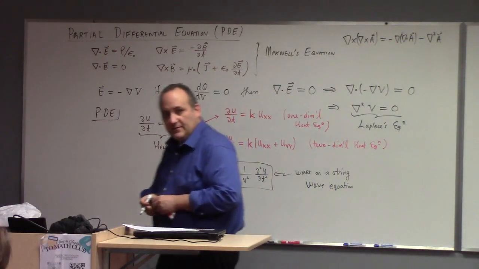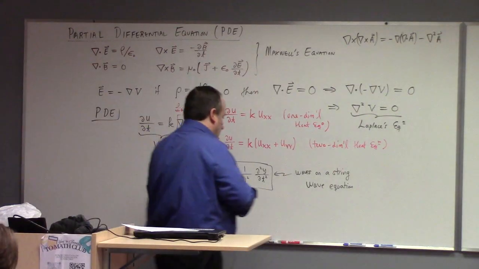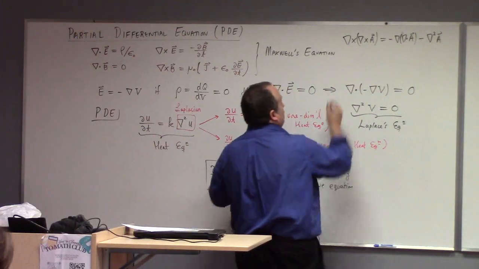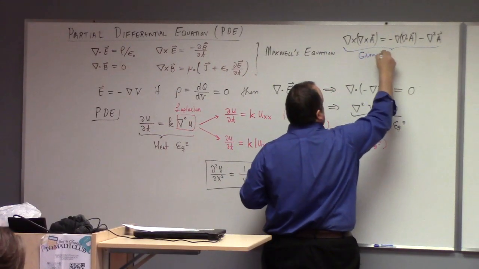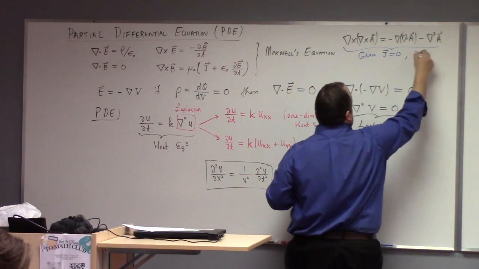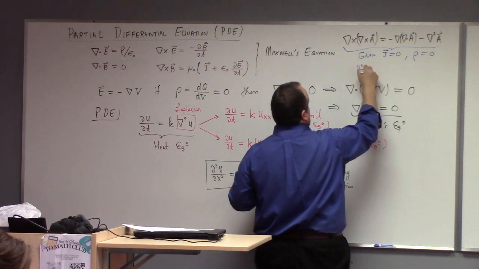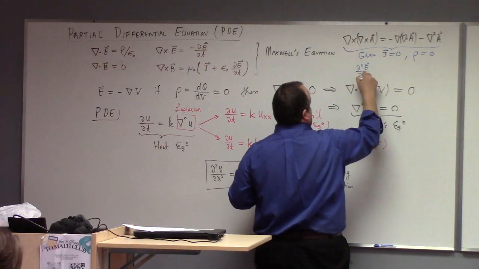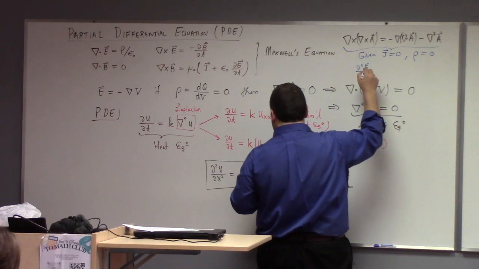If you study that vector identity paired with Maxwell's equations, in the absence of sources, given that your current density is equal to 0 and your charge density is equal to 0, you can show that the second partial derivative of E with respect to t,